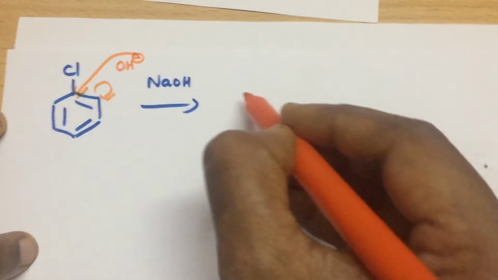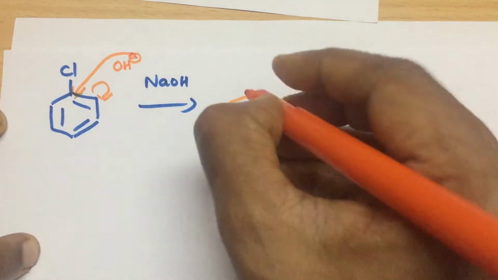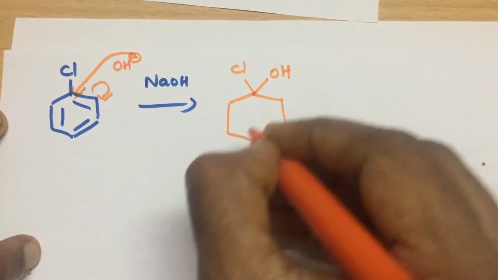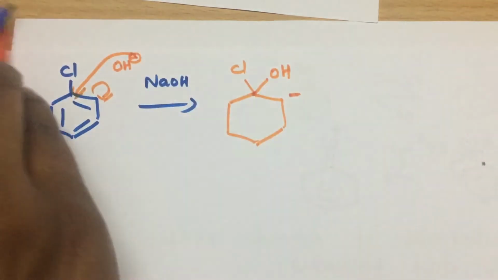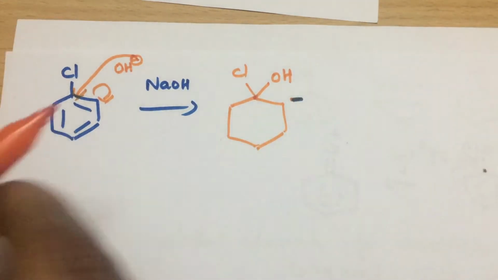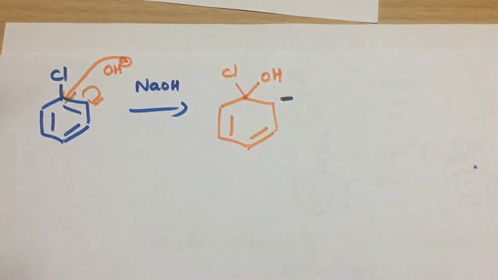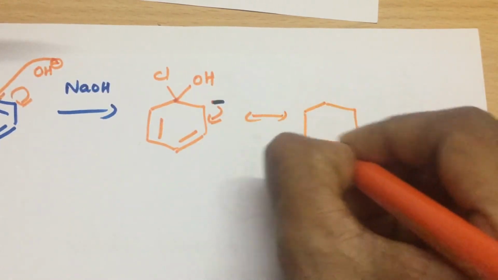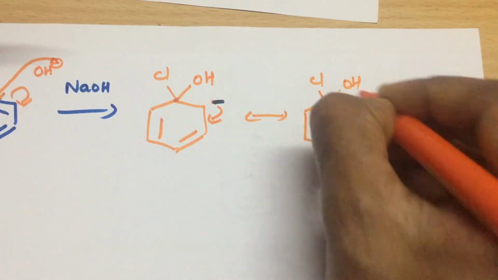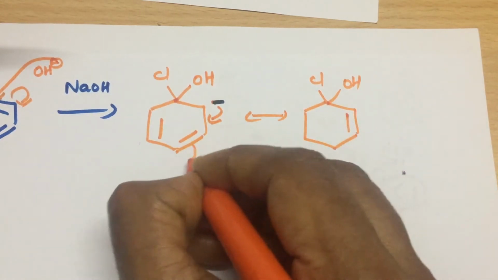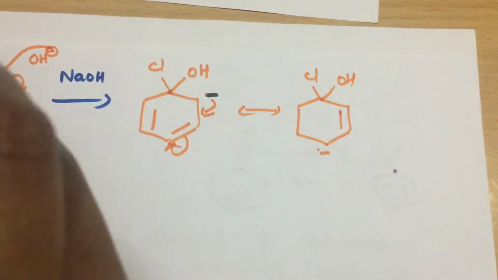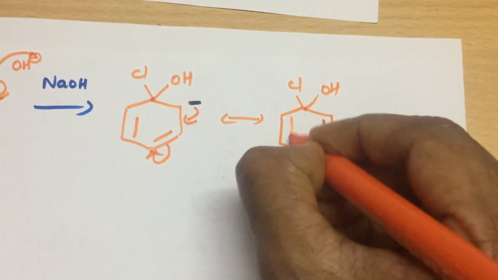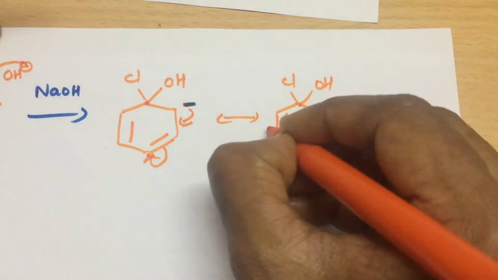So I can write a set of structures. Here chlorine is also bonded with the carbon and hydroxyl group also. Here you have a minus charge, so this color I will use. Minus charge. And what happens? This electron, now it will move, it's a kind of resonance, we can say. So here and this will go here. So you have a negative charge here, surplus of electrons here, and again here. Again this electron is going to move here.